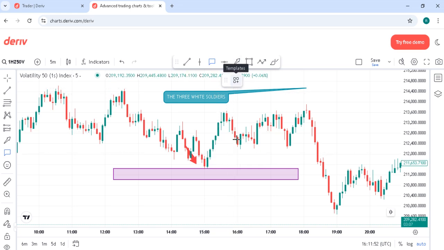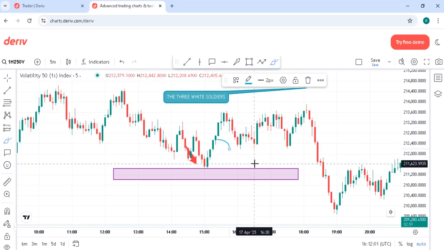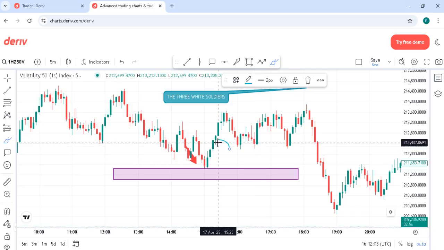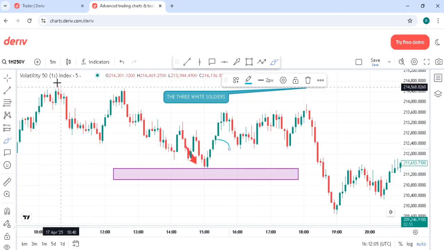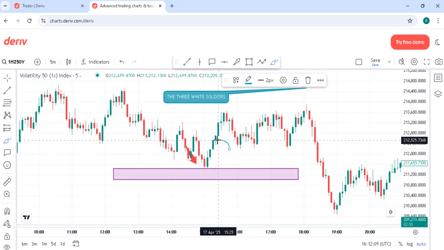Let me show you. You would trend using this candlestick here. That is the candlestick you are going to use. So you enter a trend 10 minutes time frame, and in 10 minutes,